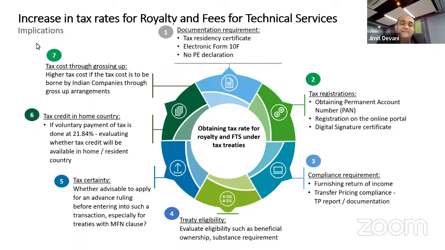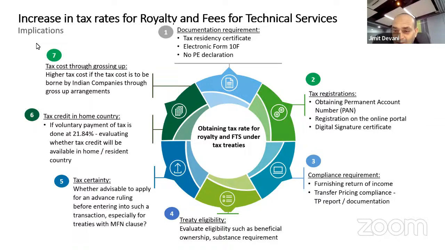If your tax residency certificate is not in the format which India wants, say, I'm giving a hypothetical example, that I want these 11 details in my tax residency certificate. So if your tax residency certificate has only 8 of those 11 details, then the balance 3 details need to be submitted in a form called Form 10F. And that needs to be electronically filed till 30th September 2023. So basically this 10F is to be filed along with the TRC certificate, and it has all the balance details which are not part of the TRC.